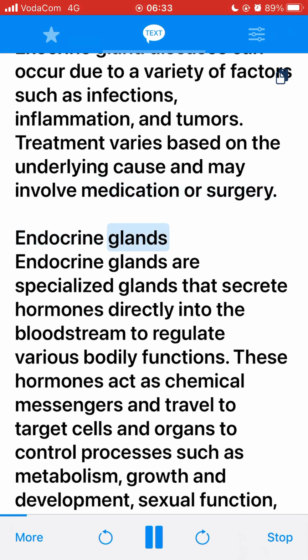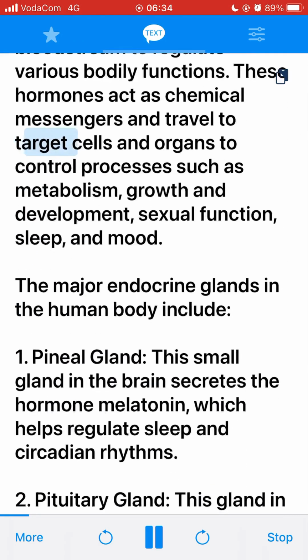Endocrine glands. Endocrine glands are specialized glands that secrete hormones directly into the bloodstream to regulate various bodily functions. These hormones act as chemical messengers and travel to target cells and organs to control processes such as metabolism, growth and development, sexual function, sleep, and mood. The major endocrine glands in the human body include: